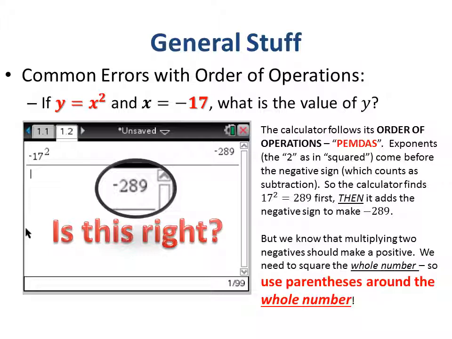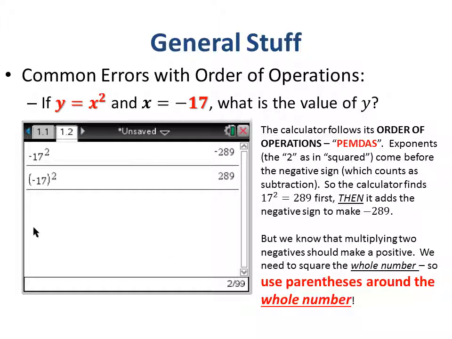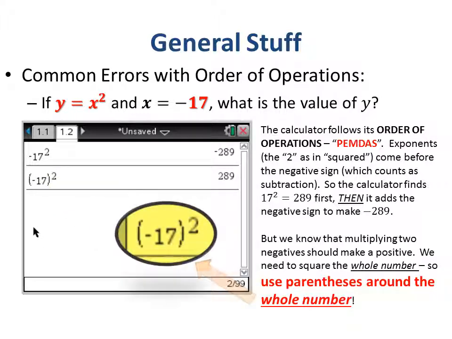The calculator is following its order of operations. So it's squaring the 17 to get 289, and then it puts the negative sign on it. The negative sign is actually the same thing as subtraction. So what you want to do is make sure that you put the negative 17 completely in parentheses. Put parentheses around the whole number. This way you'll get positive 289, which is the correct answer. In fact, it doesn't hurt to put parentheses around negative numbers no matter where they are in the expression